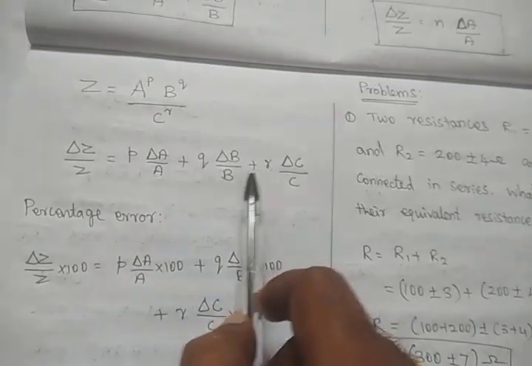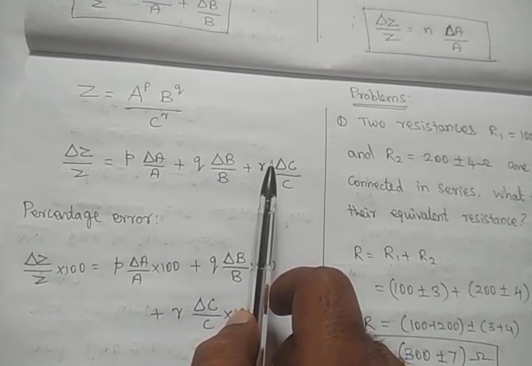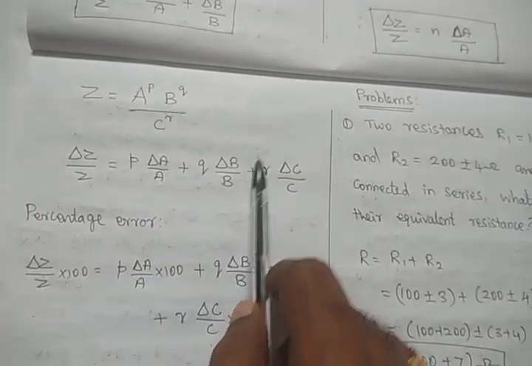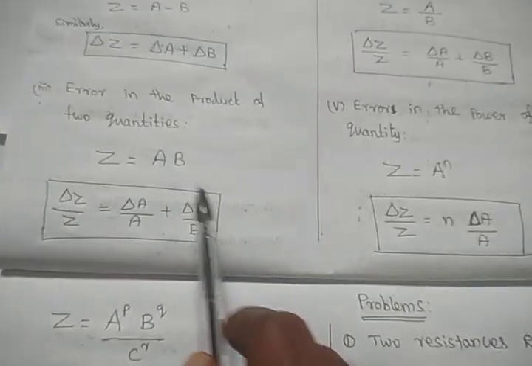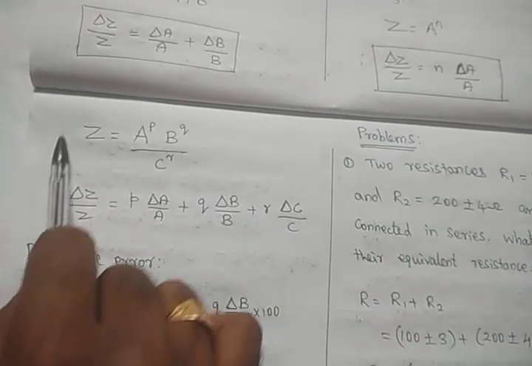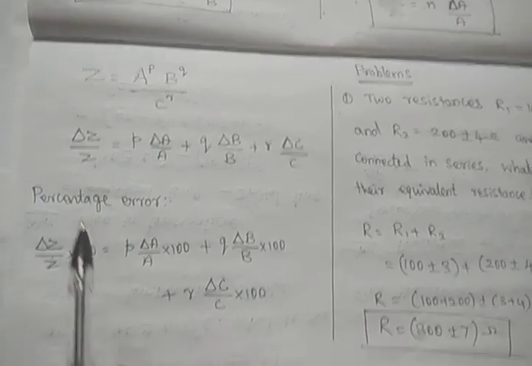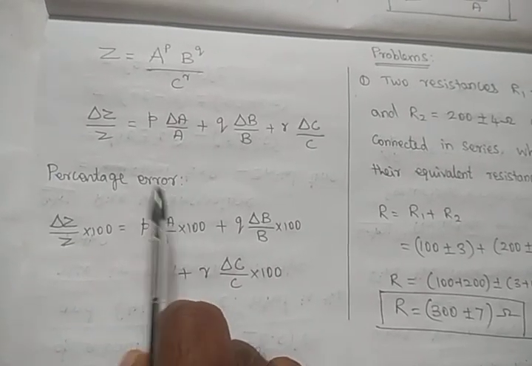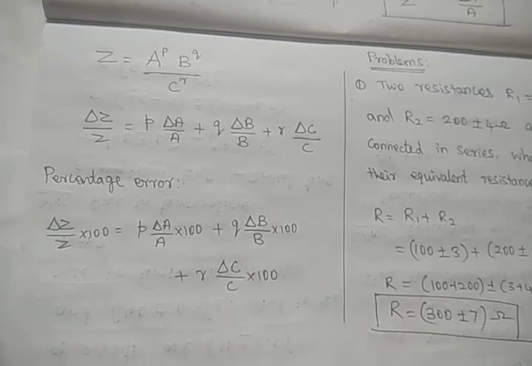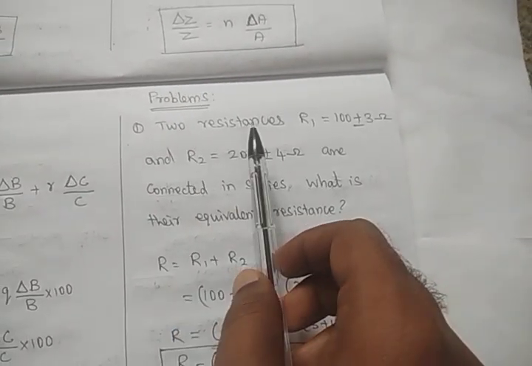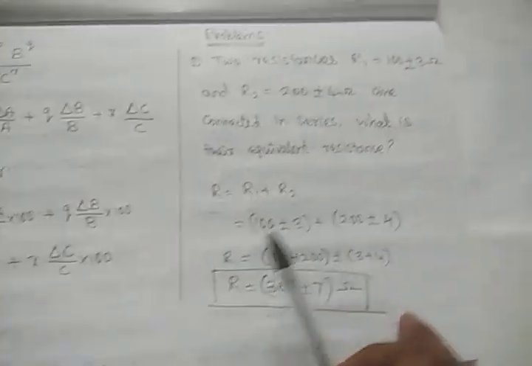So don't take this as a minus. Never will a minus come. Always, either in multiplication or division, we should put plus. That is what we saw earlier. If it is multiplication, plus, and in division also we put plus. That's why we express the combination of errors in this equation. If in the question they ask for the percentage error, simply multiply all the quantities with 100.